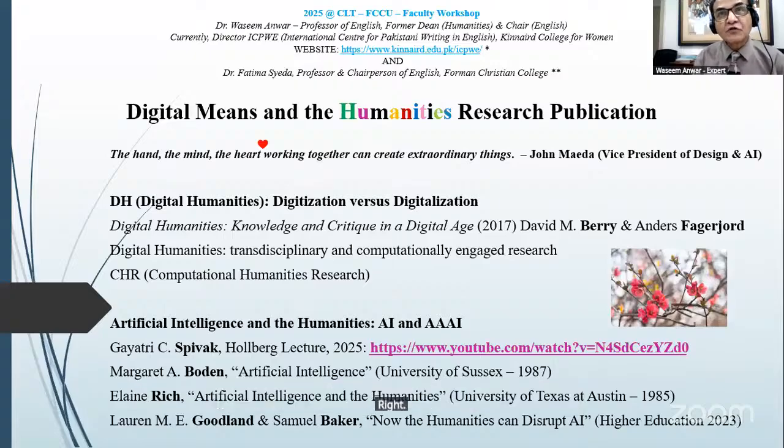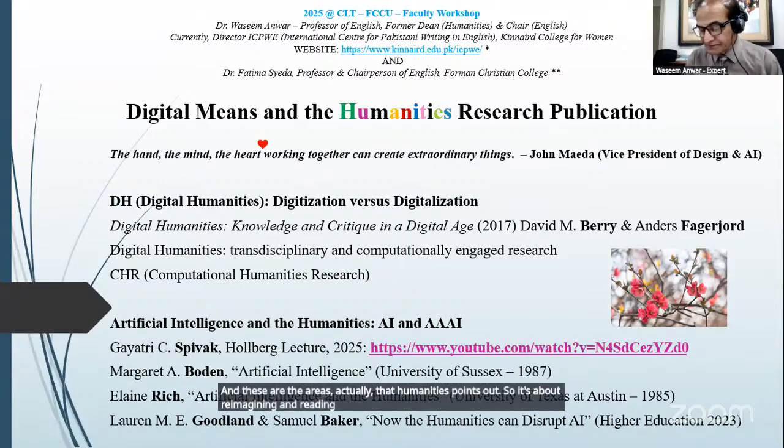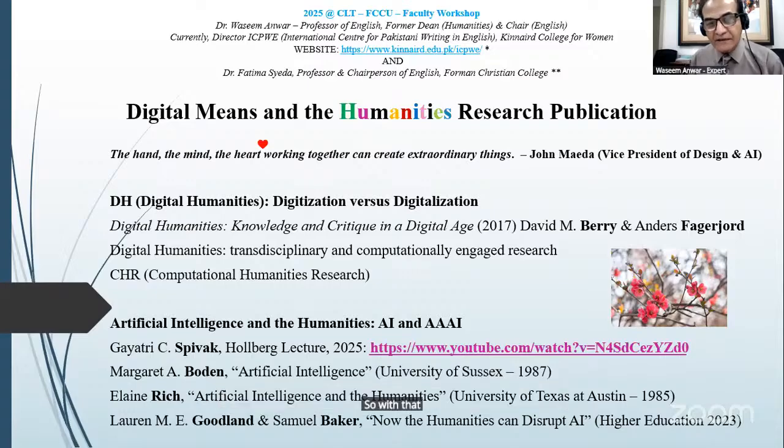I think it's Toni Morrison, quoted by Spivak, where she points out the invisible ink behind what we see as the visible ink. And these are the areas actually that humanities points out. So it's about reimagining and reading and rereading. So with that, I think I also